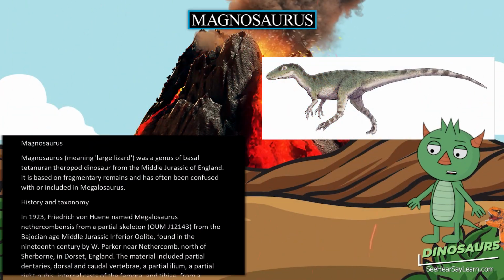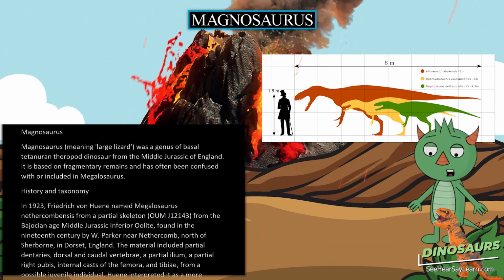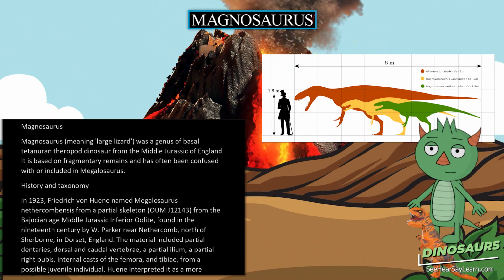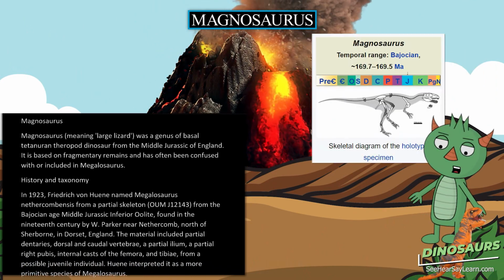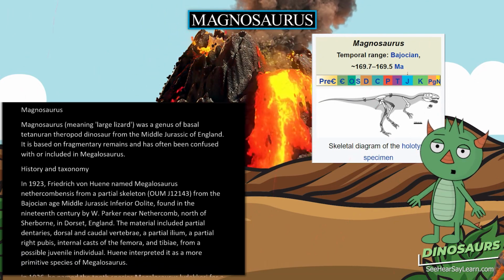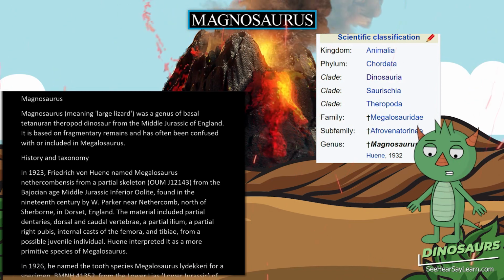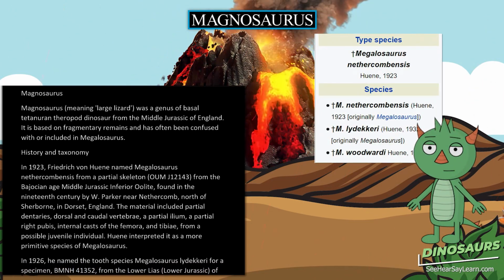Magnosaurus. Magnosaurus, meaning large lizard, was a genus of basal tetanuran theropod dinosaur from the Middle Jurassic of England. It is based on fragmentary remains and has often been confused with or included in Megalosaurus. History and taxonomy. In 1923, Friedrich von Huene named Megalosaurus nethercombensis from a partial skeleton,